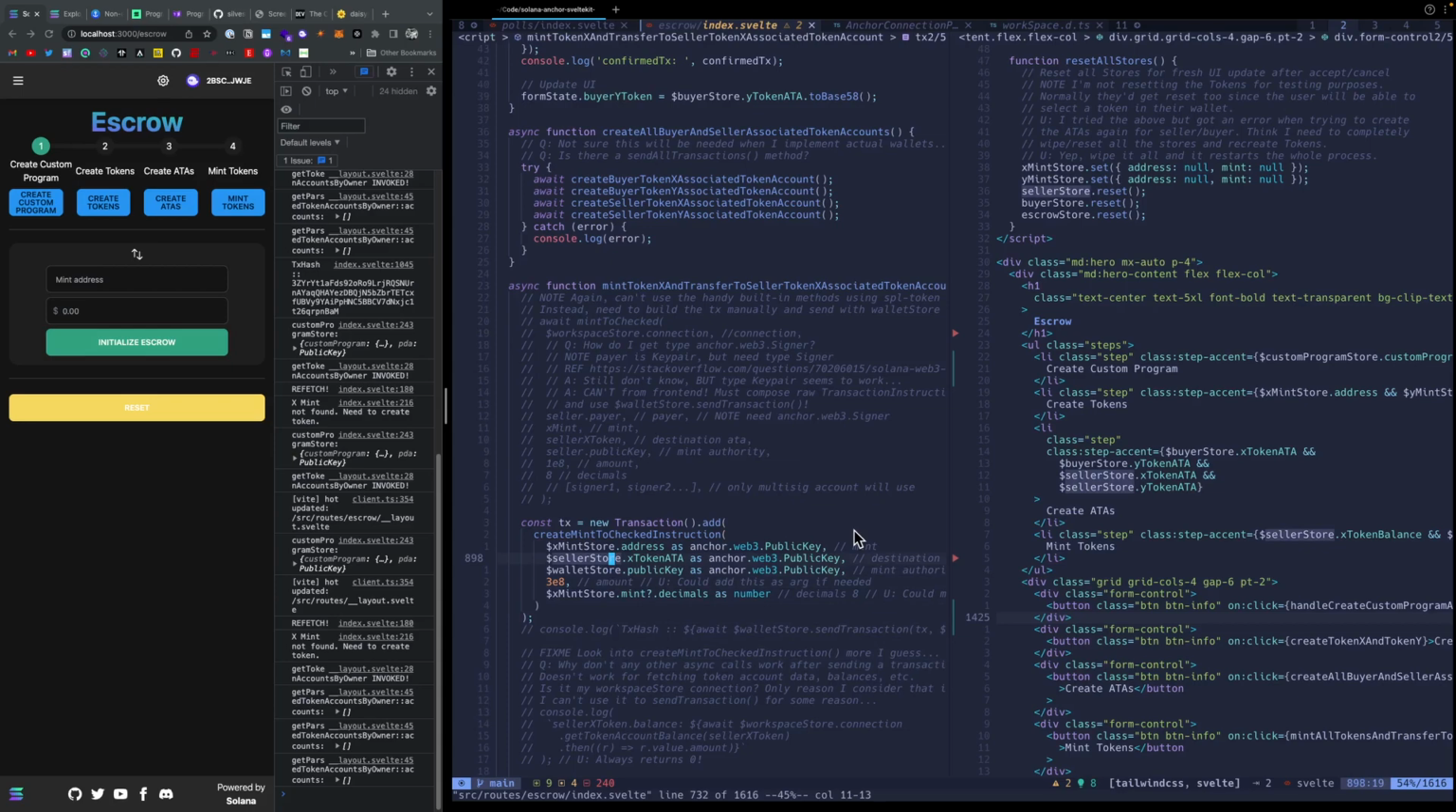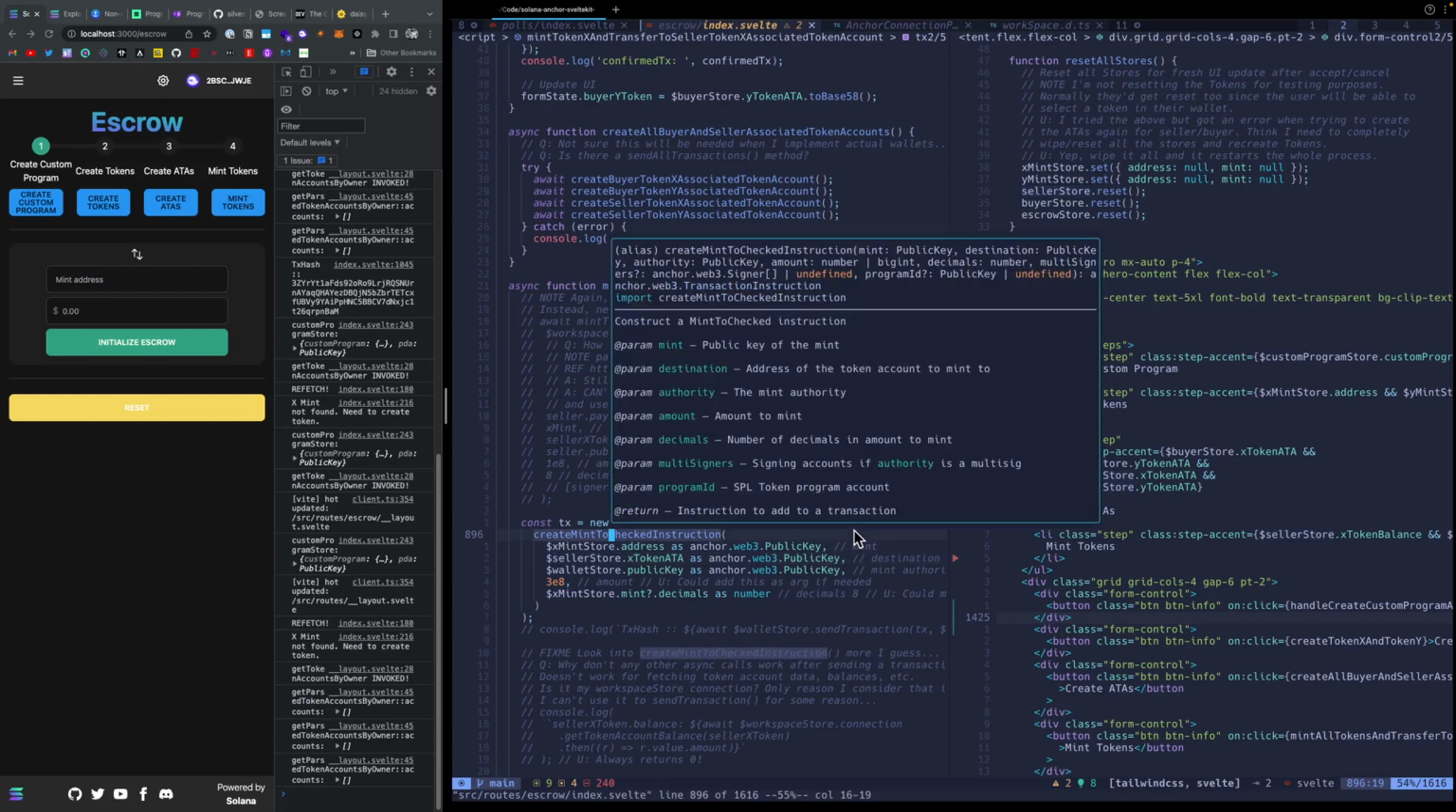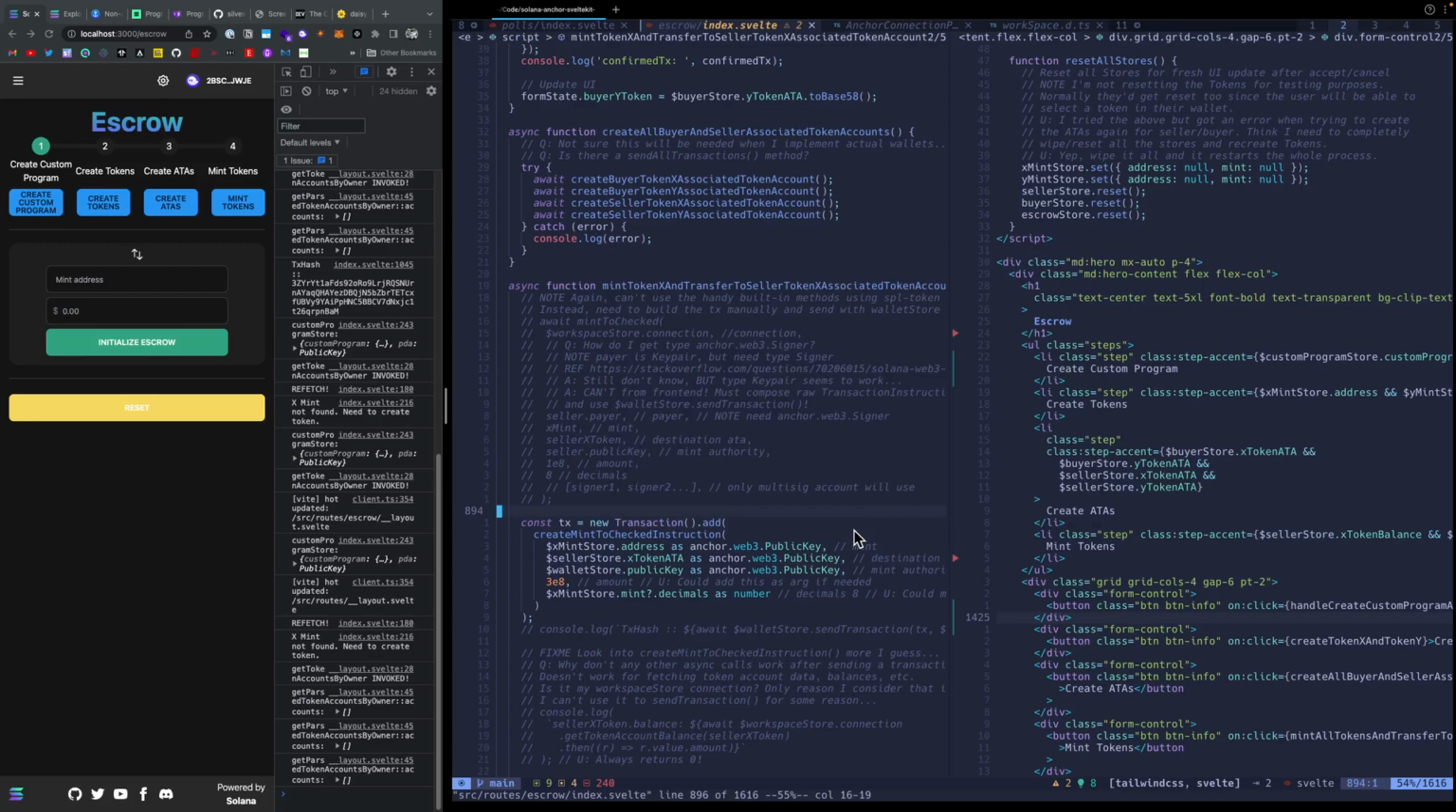And the destination. Okay, so crap. So here's where there's kind of a problem. If I'm trying to mint and transfer to specific associated token accounts, then I do need to